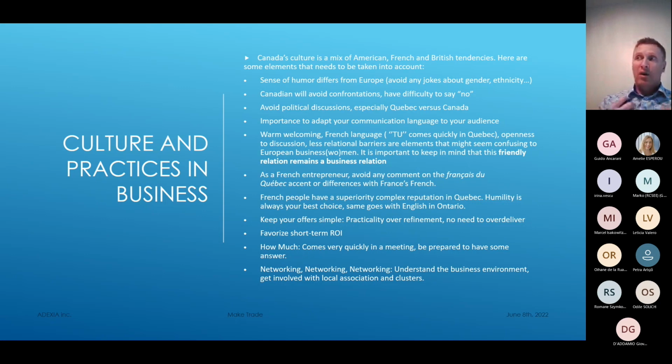So you want to keep your way of negotiating, but please be prepared, know what to answer, and have some figures ready for them, because they're going to be frustrated if they ask about the price and you don't give them any answer. You can give them just a budget, you don't have to give a final price, but you have at least to give some sense of what it's going to cost. That's the expectation. So you need to be prepared on that. And it can come very early in the discussion and in the meeting.